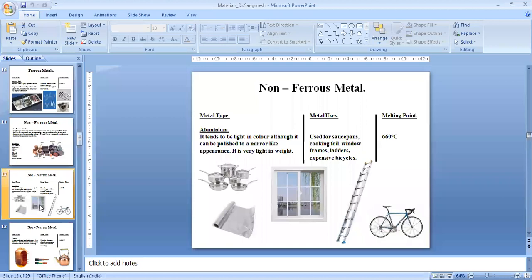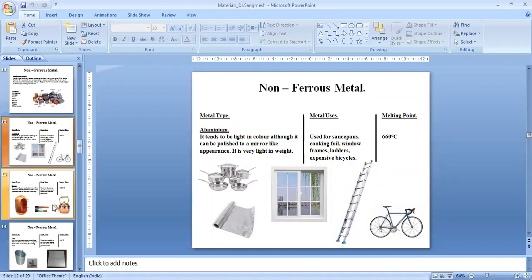The aluminum's thermal conductivity is high, as I was mentioning. Of course, copper is also high, and gold is also high. But because of the non-availability and the huge demand for copper and gold, aluminum is abundant in nature. In most cases, rather than going for copper, unless it is inevitable, we use aluminum for heat transfer applications. You might have found that a vehicle engine is made with aluminum because of its heat transfer. It's a very good heat conductor.